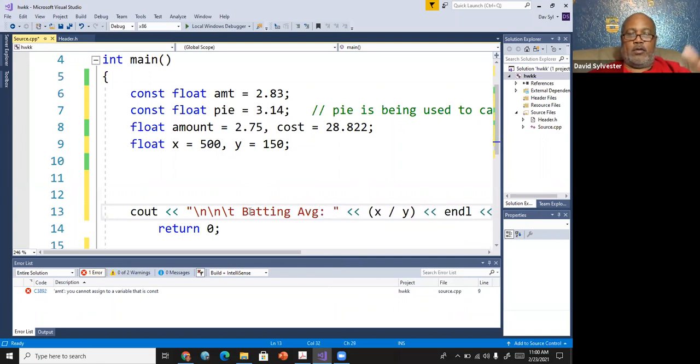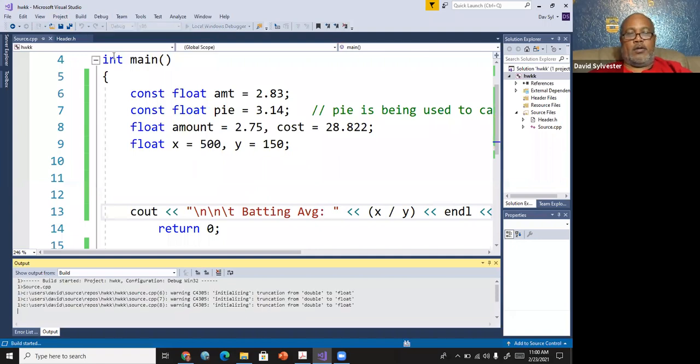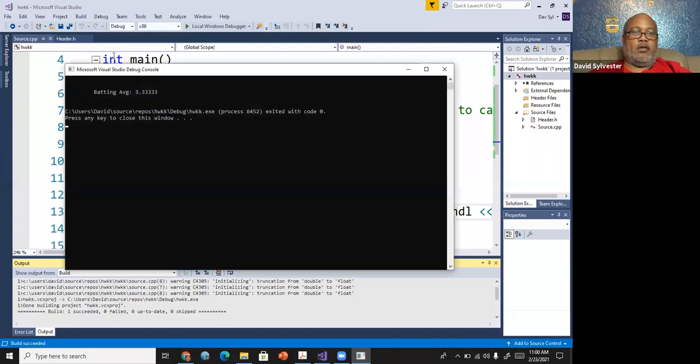Just say AVG. Now if I do a debug and run this, it's going to give me this answer here. Notice what happened: I didn't have to store it into a variable. It just gave me the answer.